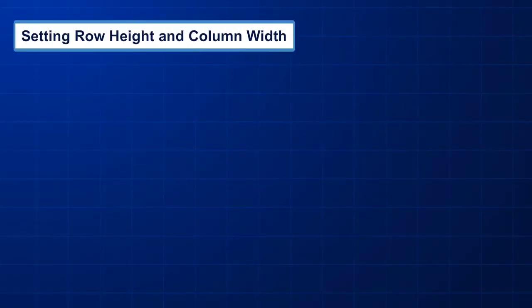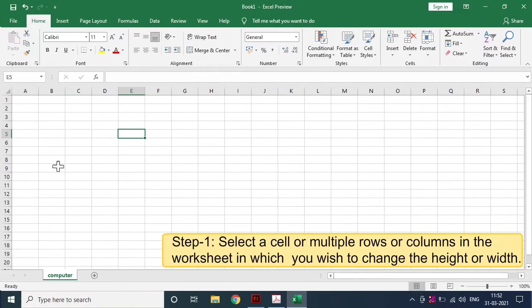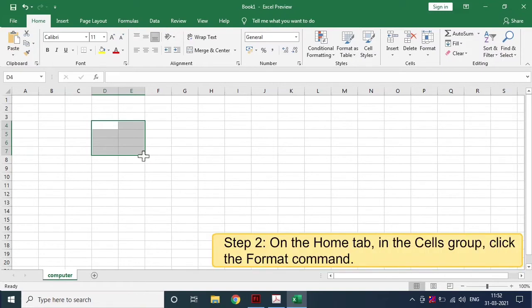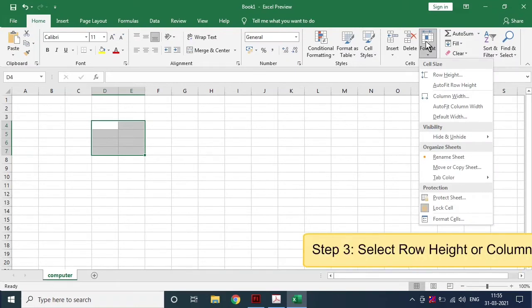Setting row height and column width. To change the row height or column width of rows and columns, do the following steps. Step 1. Select a cell or multiple rows or columns in the worksheet in which you wish to change the height or width. Step 2. On the Home tab in the Cells group, click the Format command.